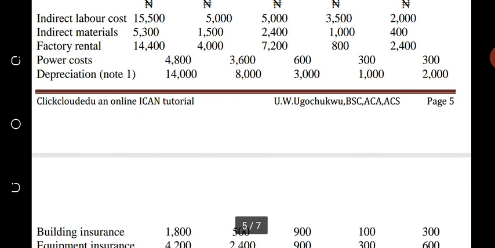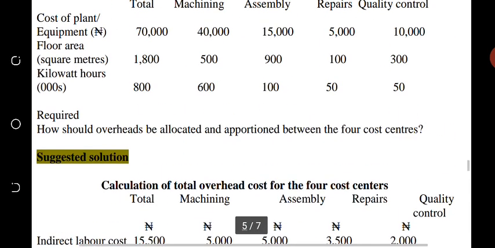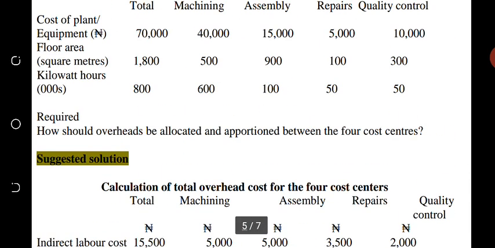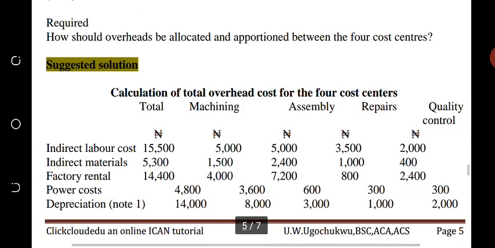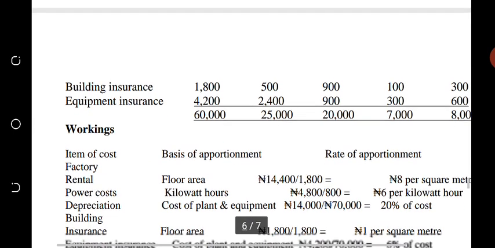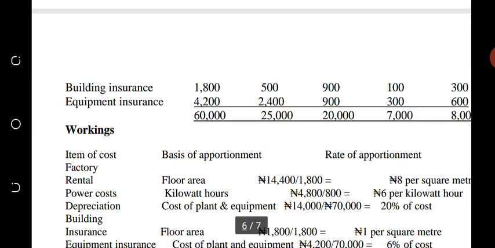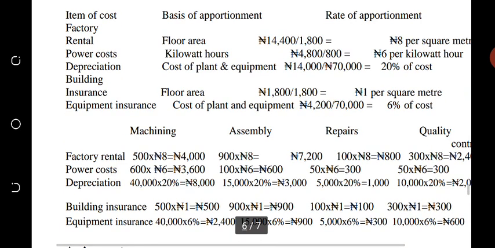Now, power cost. How will you share power cost? Power should be shared using kilowatt hours. So you divide the power cost by the total kilowatt hours, and you have 6 naira per kilowatt hour. Then you multiply it with each center's